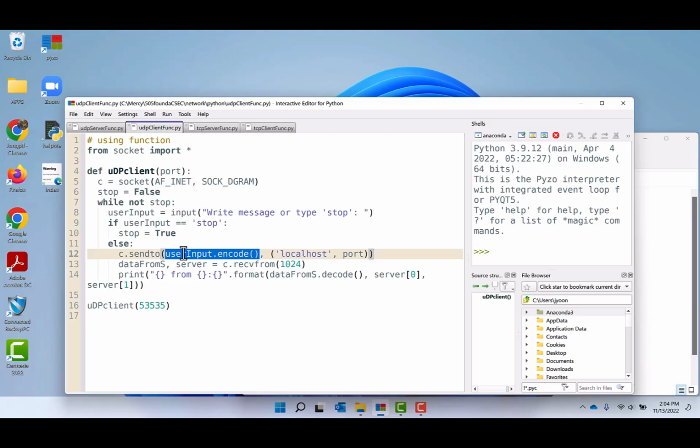When the Python code receives data from the internet, it decodes it and displays it. And this sendto function needs two variables: the message and the address of the server. The server IP is still localhost, and then the port number is the server port. As this client sends out the message, the client then waits to see if there is any message from